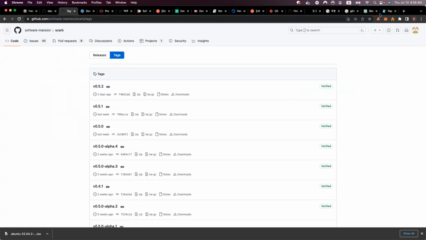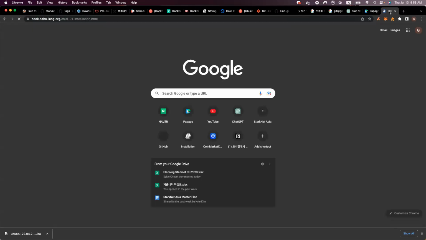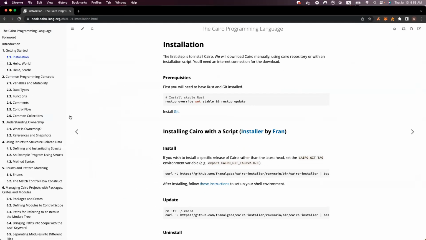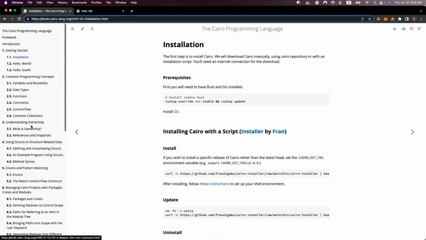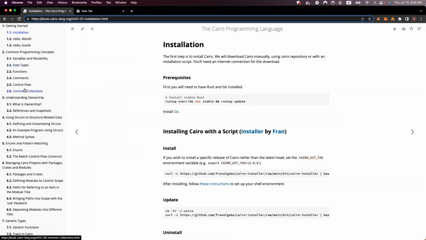So if you want to see more resources, I highly recommend taking a look at the Cairo book. Yeah, Cairo One book. There are so many resources in this documentation. This documentation is maintained by the community, and also like I said already, Cairo is evolving super fast,